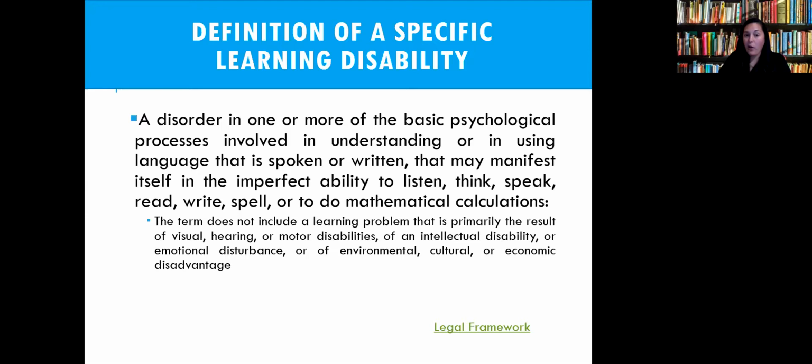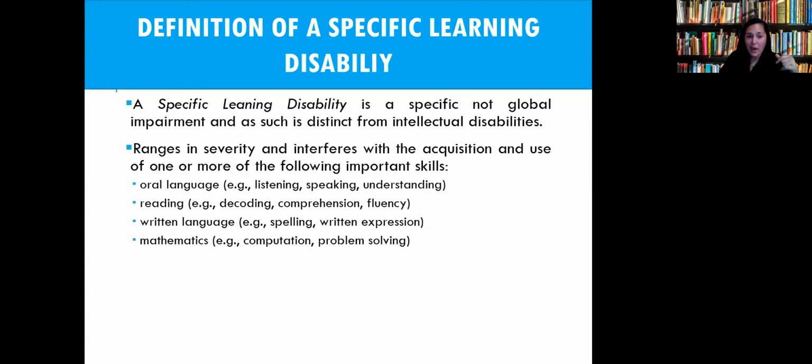And again, how they are impacting an individual. Is it impacting, or are they impacting this individual in things like listening, so more like listening comprehension, thinking, speaking, oral expression, reading, writing, math, spelling, those kind of things? How are those skills impacting an individual, and are they doing it to such a degree that this is a disability condition that we would consider for the student? The little caveat to this area is that it's not a global impairment.